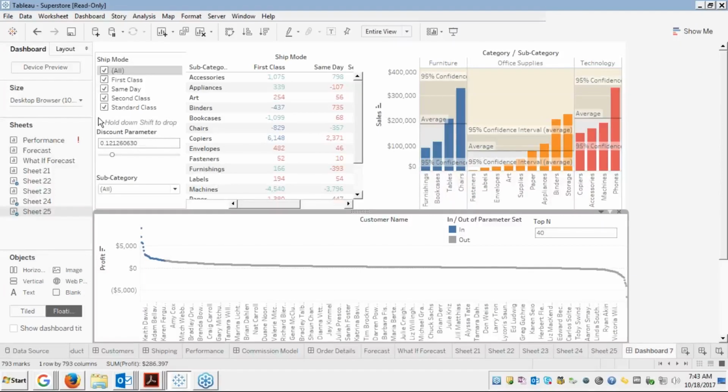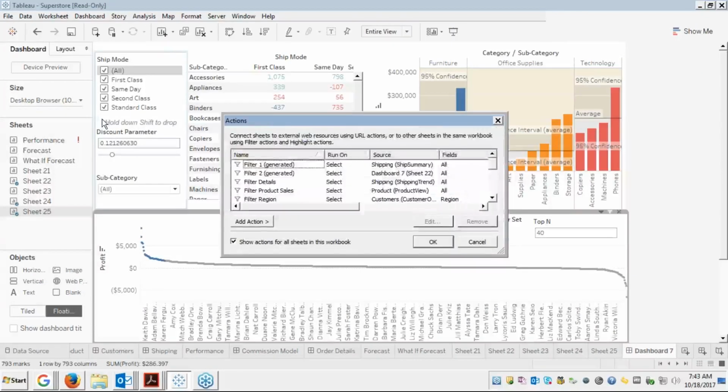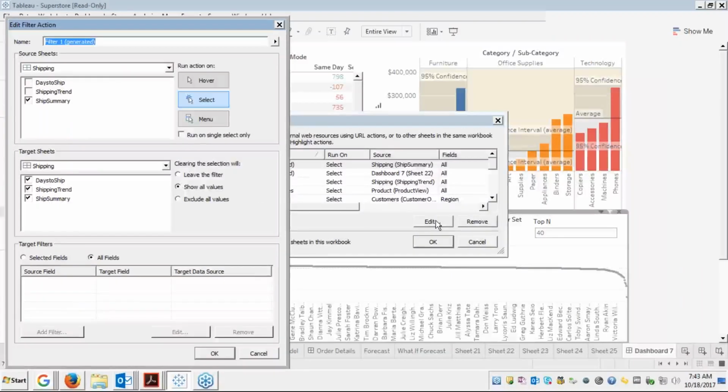Okay. So I'm going to the dashboard option, clicking on actions here. And can you see now what has happened? All the actions that I just gave got added here. I'm just going to click on this action and click on edit. Under shipping there is something called ship summary, and days to ship and shipping trend. So under the shipping source sheet, if you see,